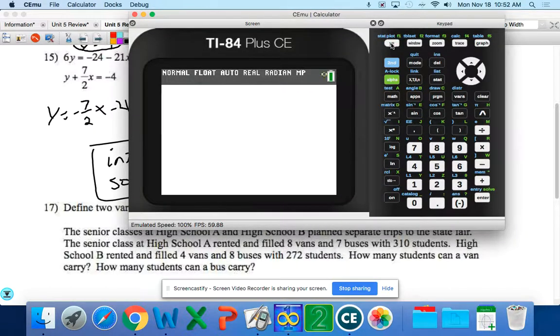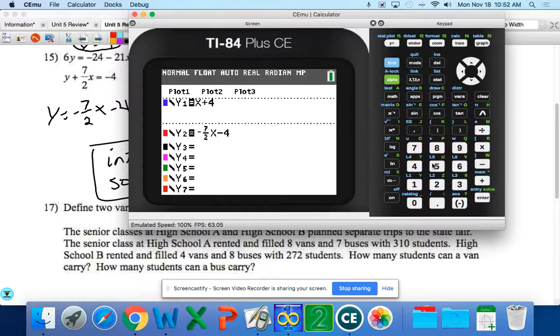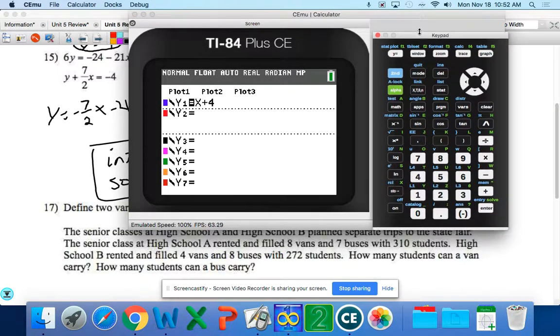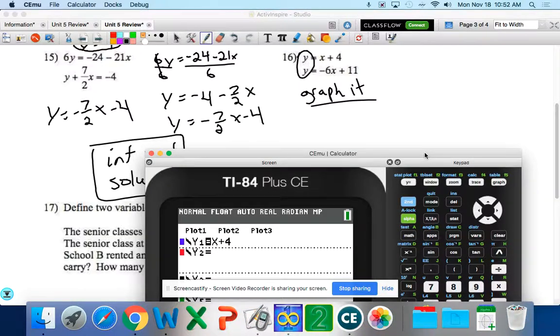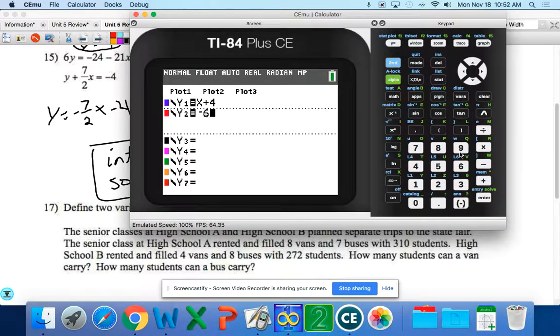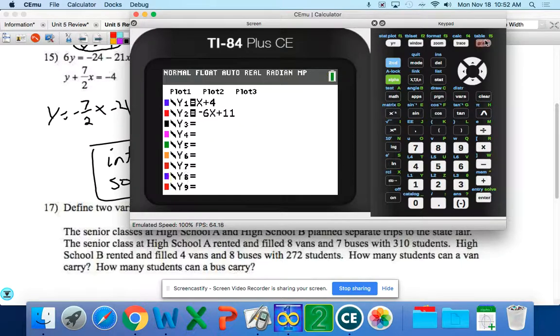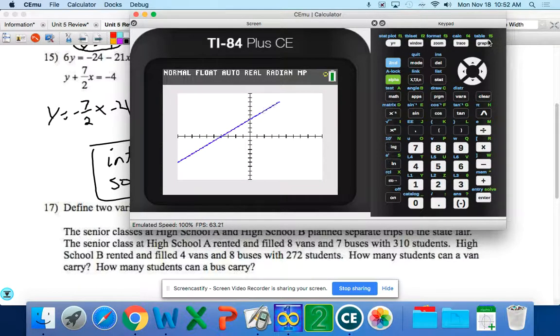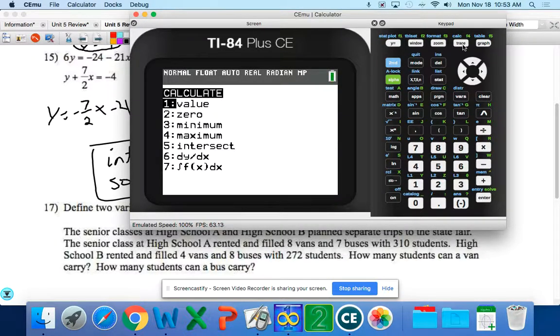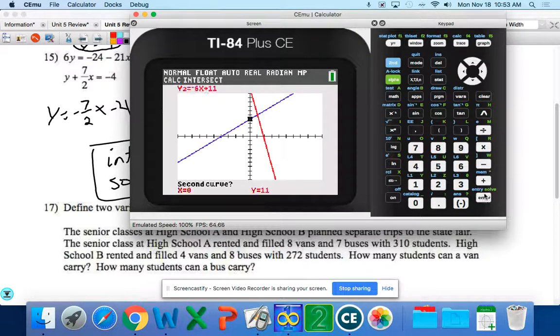So our first equation is y equals x plus 4. Our second equation was y equals negative 6x plus 11. And we graph it. It's a good opportunity to review how to find an intersection on a calculator. This looks like it's at like 1.5-ish, but I don't want to leave it to chance. I second trace to find my calculate feature. Do number 5, enter, and it tells me it is in fact 1.5,